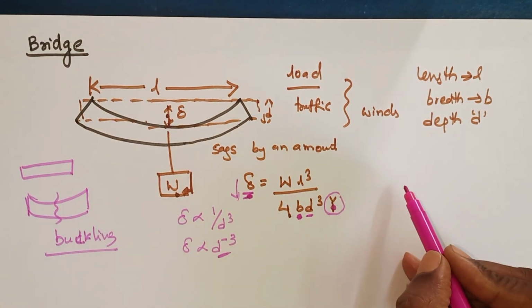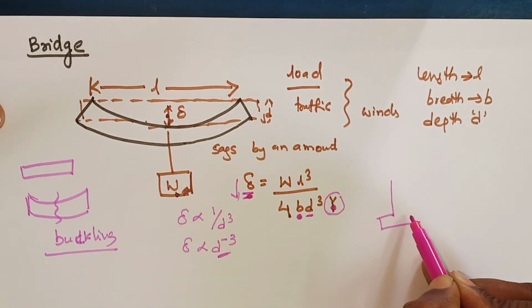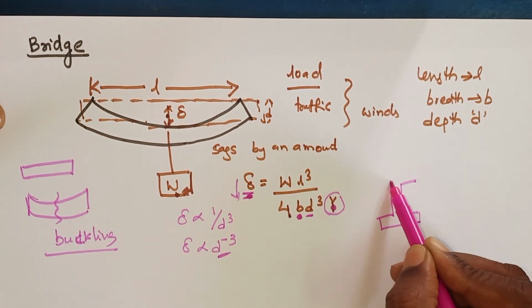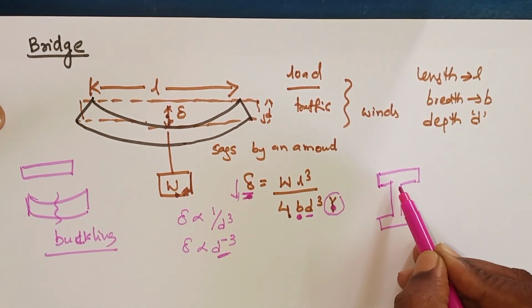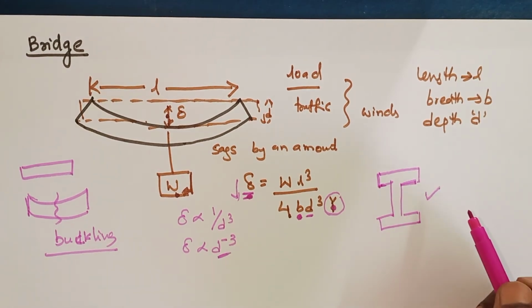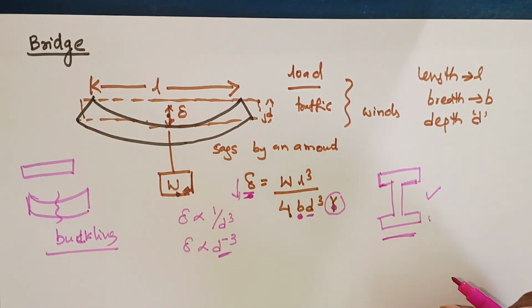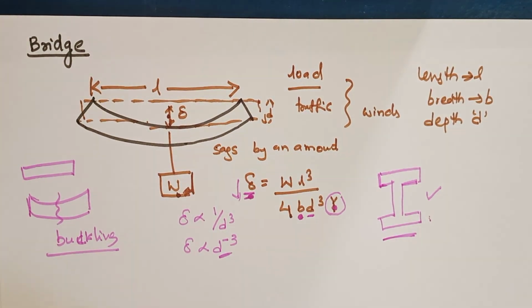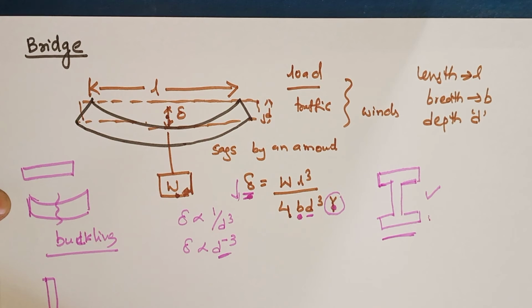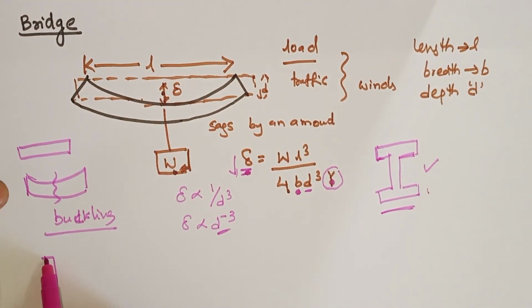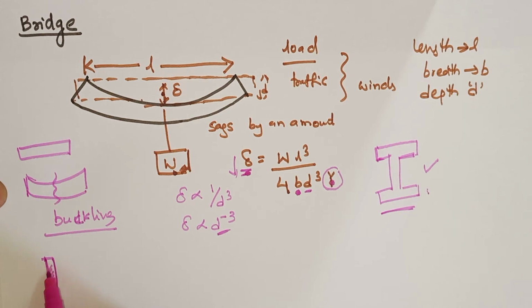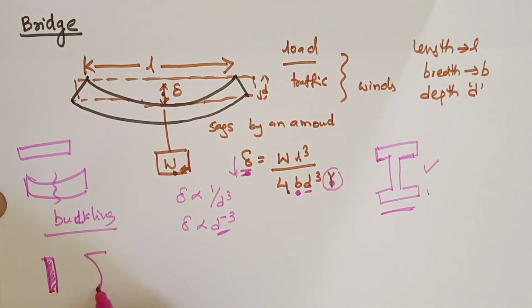Now to avoid this type of thing, one can use a shape which can bear the maximum load, which is called an I-shape type of column. You see, this is to be preferred to bear more load and reduce the cost also. Now we choose different types of cross sections. Normally this is a simple type of beam. This is called a rectangular section of a bar, and the other one is the bent form.